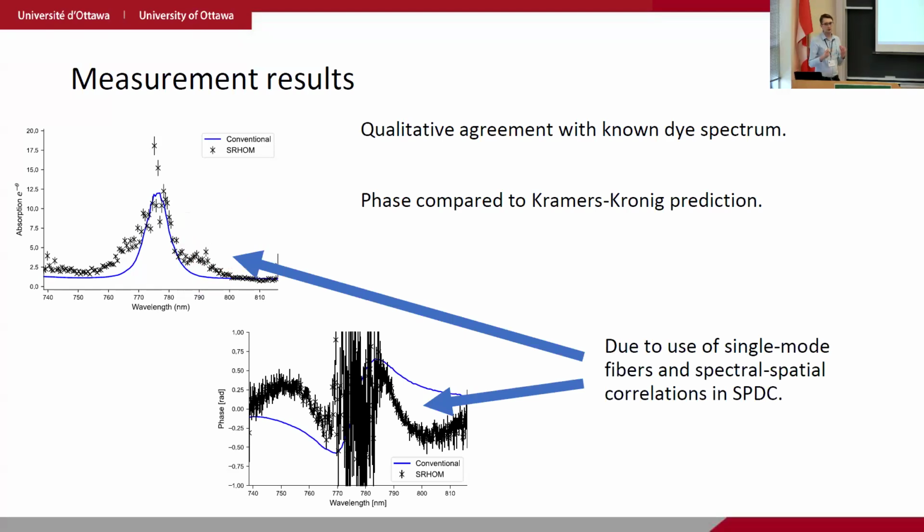When we detect our photons, we couple them into single mode fibers before they go to the detector. That lets us get a good interference pattern by rejecting photons that are not aligned properly and would not have interfered well. However, because we're using broadband SPDC, the light that emerges from the crystal has very strong